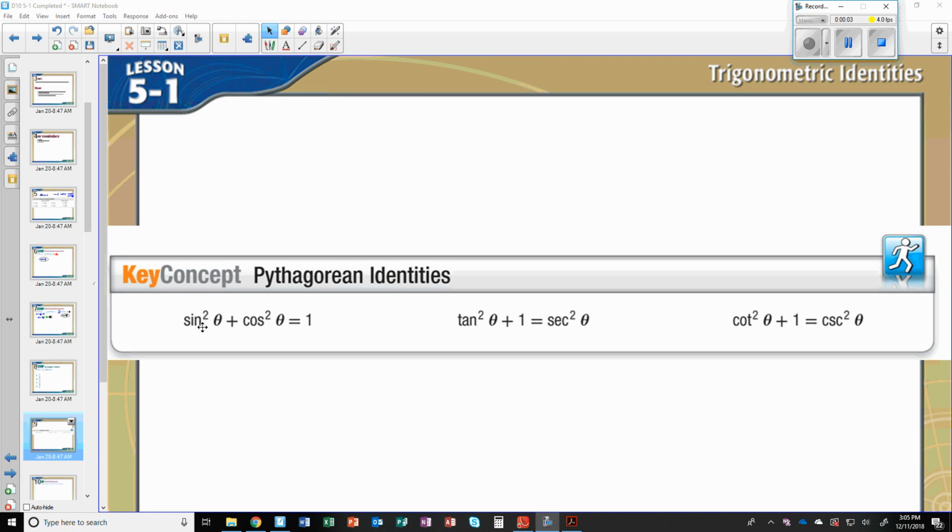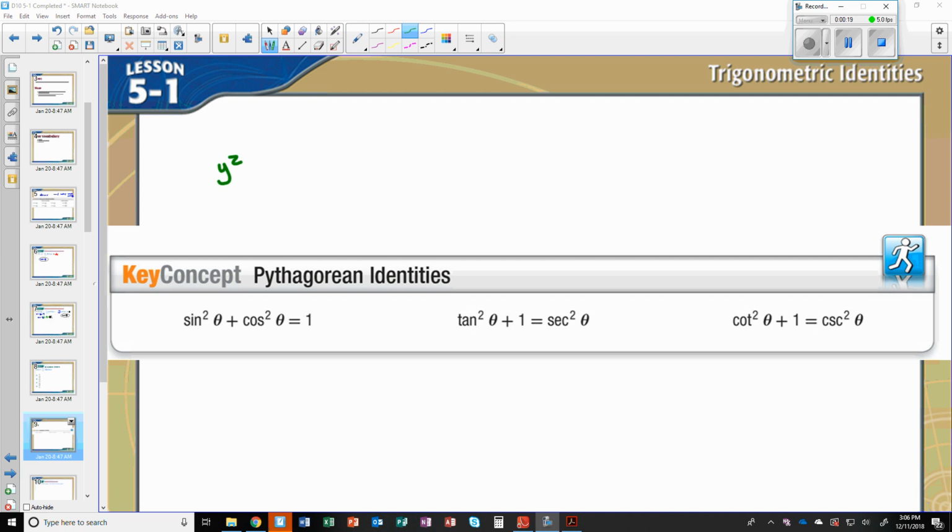Pythagorean identities. We have three of them, as you can see. I'm going to focus on this one, and then we'll come up with these two later on. Remember the song? It goes SOH CAH TOA: sine is y over h, cosine is x over h, tangent is y over x. So if I wanted to rewrite this, I would say that sine squared theta is the same thing as y